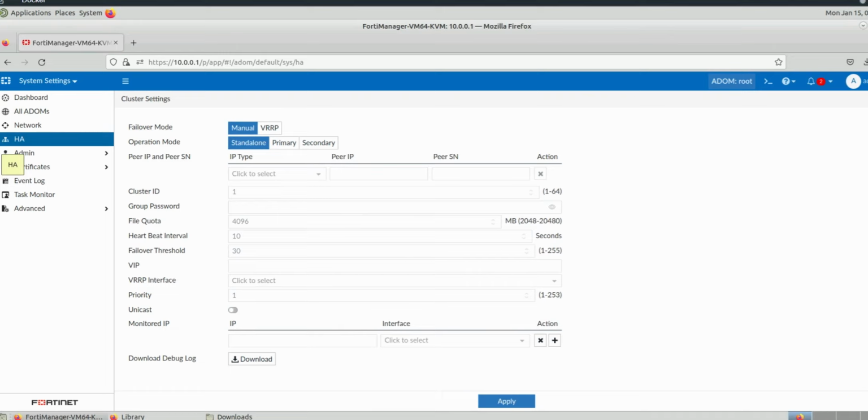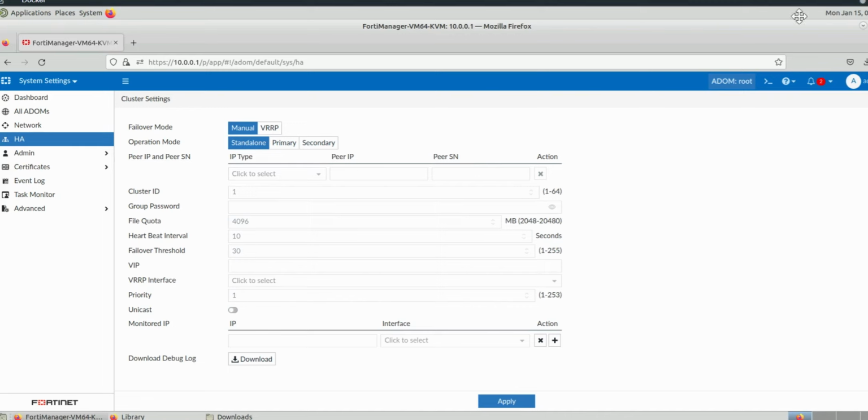If the secondary FortiManager fails, you can reconfigure the primary device to remove the peer IP of the failed device